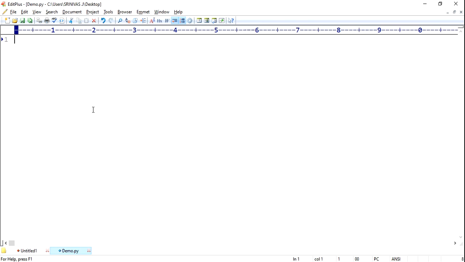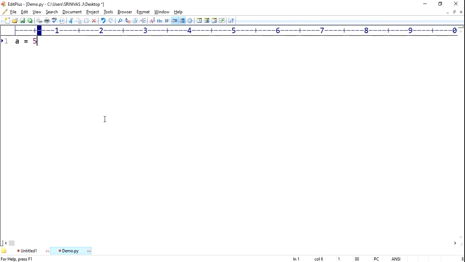So first I am taking variables, a equals to 5 and b equals to 7. First of all, I want to print the values.